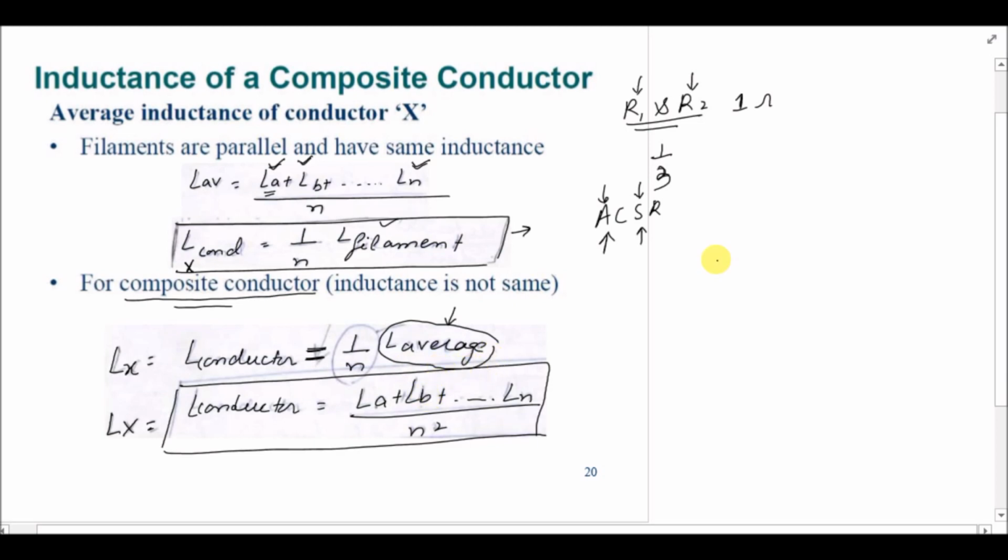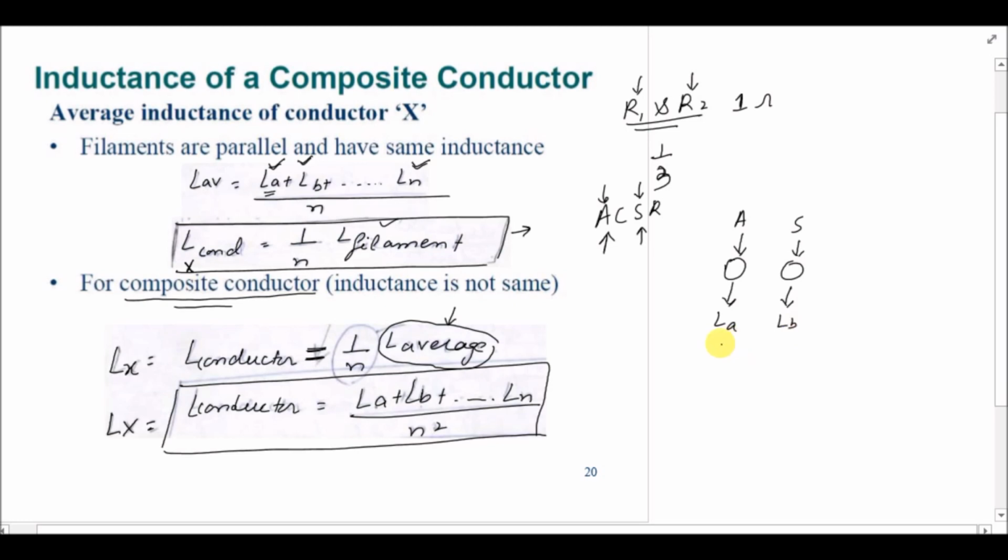For example, to explain a little further, suppose we have one filament of aluminium and another filament of steel, right? Rather than assuming that one has inductance LA and the other has inductance LB,